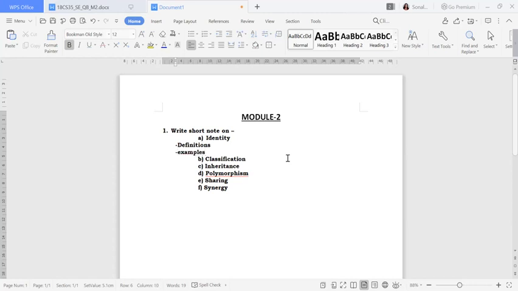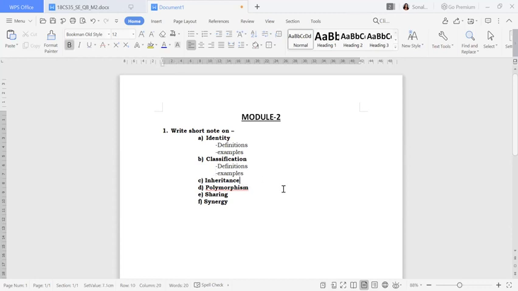Same, because there will be some 5 or 6 questions for 10 marks. So individually each will carry some 2 marks. So you can write the definition and one example and it will be a small paragraph. So this is the answer. If I want to write about classification, same thing I can continue for the classification also. Okay, so you can write the definition and you can write the examples.